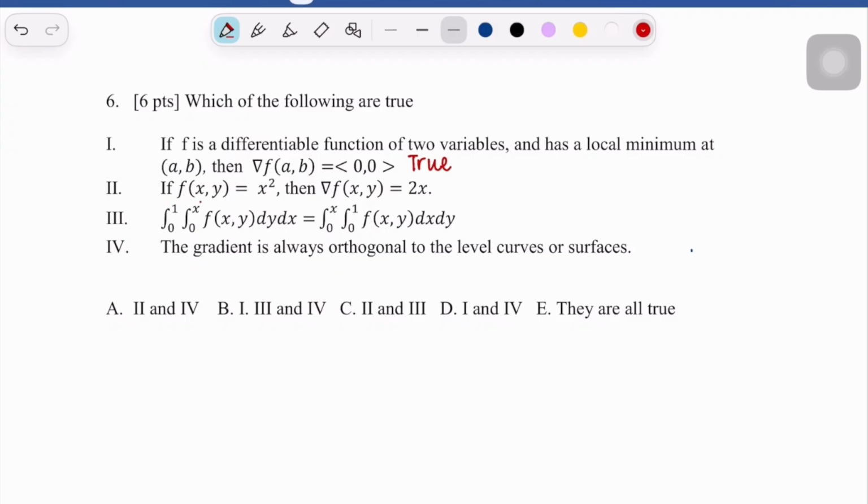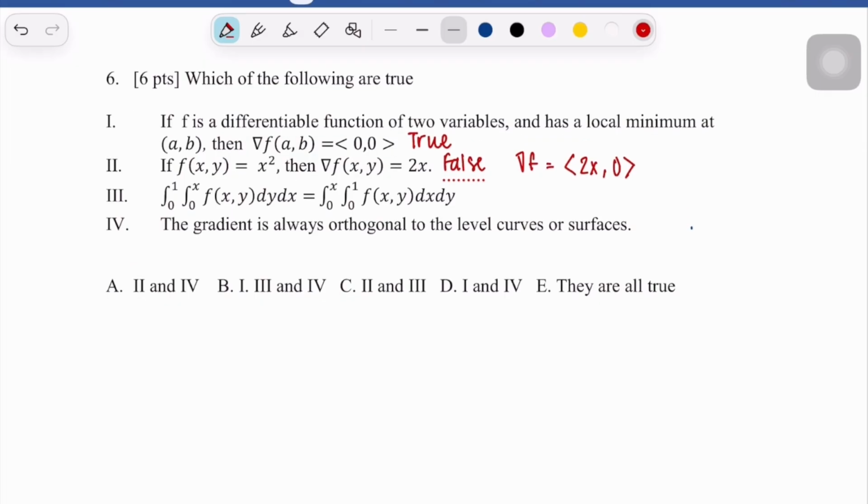If a function f(x, y) is x squared, then the gradient of f is 2x. This is false because the gradient of f would be (2x, 0) and not just 2x. You have to keep in mind that the gradient isn't just the x derivative, it's also the y, and it's always represented in the form (x, y). Okay,